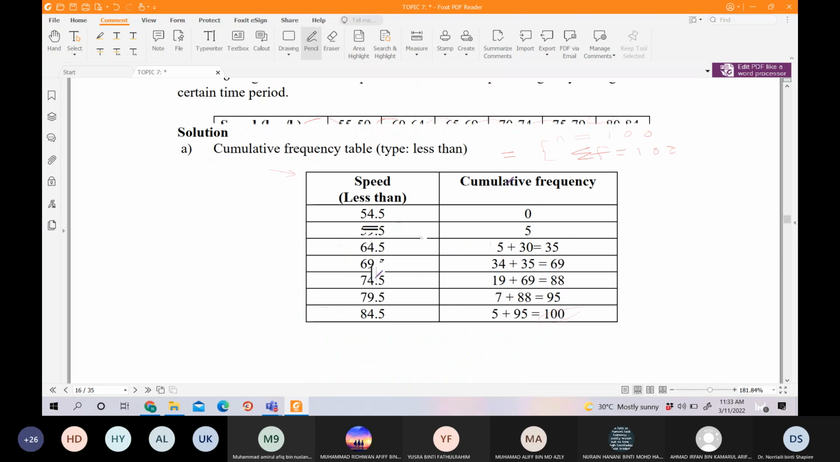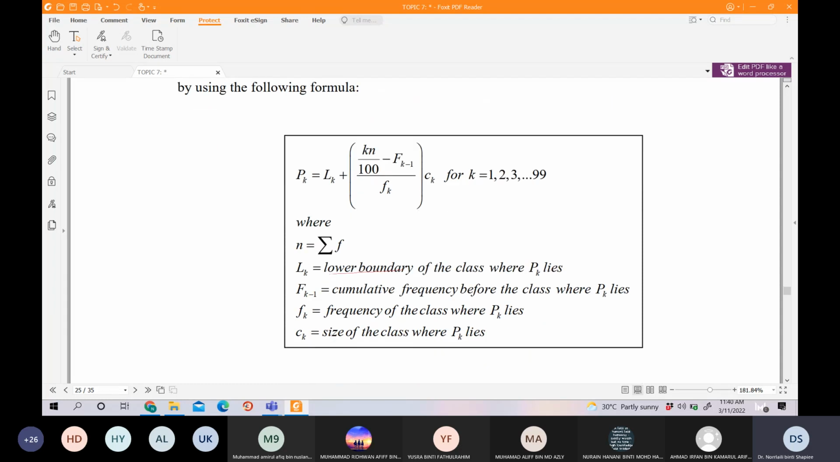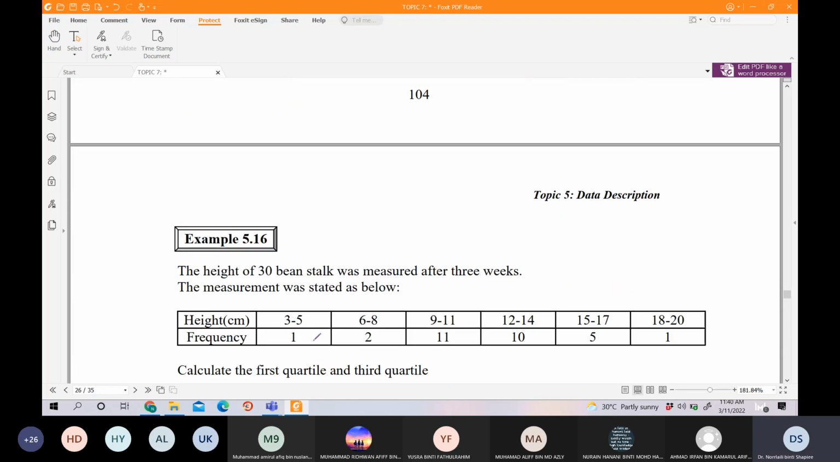Same as the group data because they consist of lower boundary. Right? Okay. Lower boundary dapat daripada mana? Daripada class interval. Okay. Next. Okay. Example